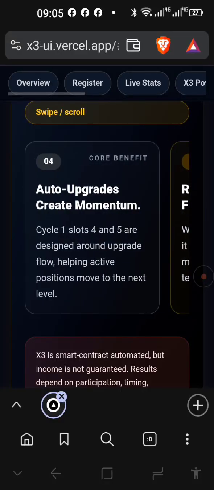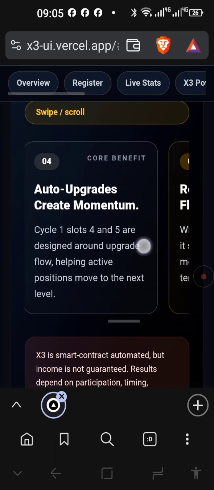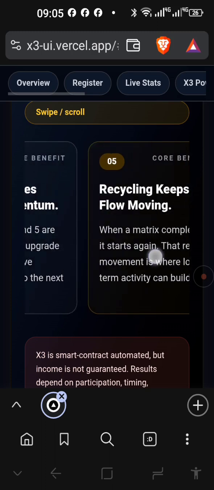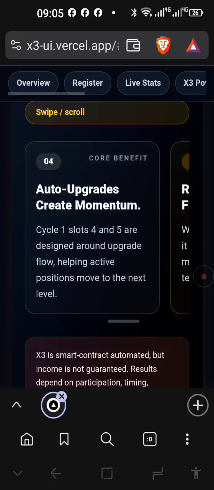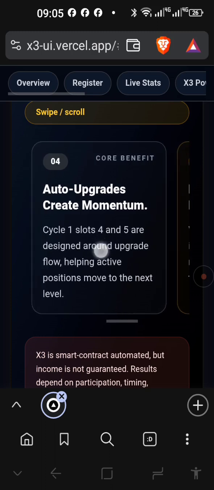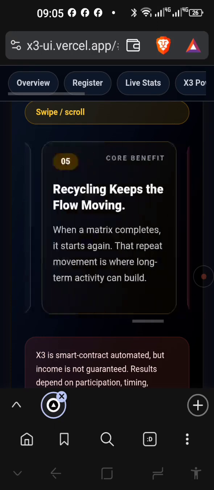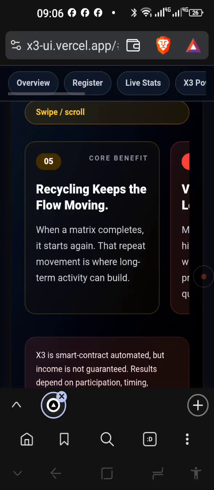We have seen in other smart contract platforms that once members are paid out the funds to upgrade themselves, they normally withdraw that money and they don't use it to upgrade. Right, in X3 you are getting paid out instantly, but your upgrades are getting managed by the smart contract, so that money doesn't go to someone to upgrade themselves. If you qualify to upgrade, the smart contract will upgrade you.